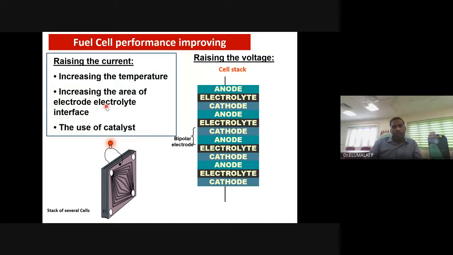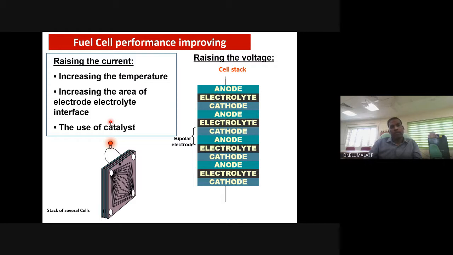How will you increase the current density generally? What would be your response? Instead of 5 by 5 centimeter, if you have 10 by 10 centimeter, you have a larger area. The larger the area, the better for the fuel molecules to interact, and the more fuel molecules get oxidized, so you get more current or charge generated. Straightforward. That is one way.